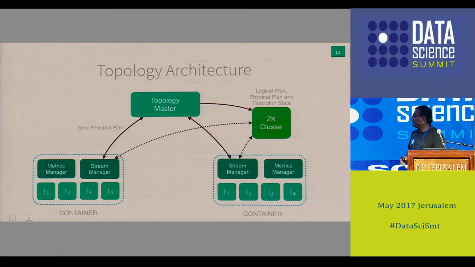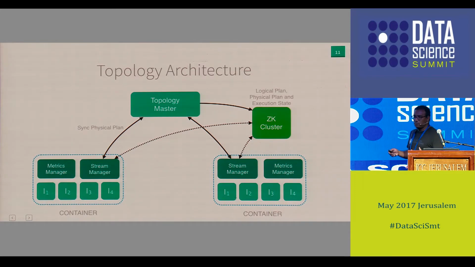The reason is that when you have processes, you have isolation at the individual spout level and individual bolt level. Similarly, since containers do not interfere with any other containers, you have isolation at the container level. And since each topology master manages only its own topology, there's no interference from one topology to another. So if a job is penalizing itself, it will penalize only itself. It won't affect anybody else.